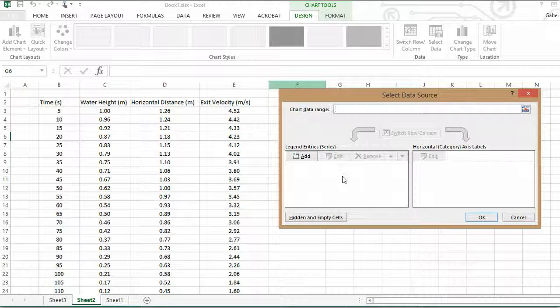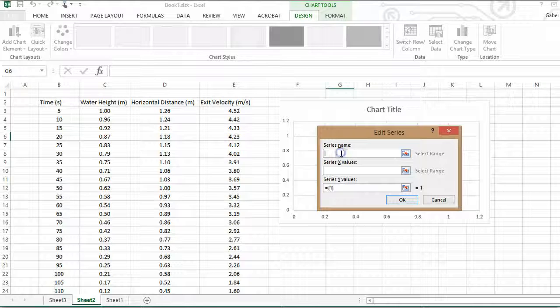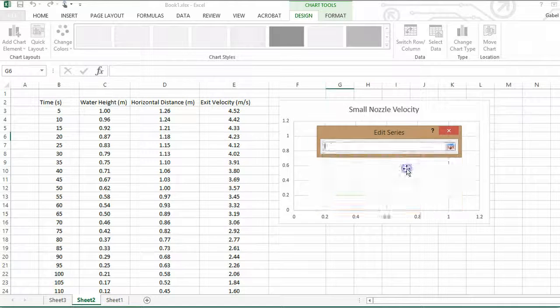And so once this dialog comes up, we can add the different data sets that we want to graph. And so we click Add. I'm going to come up with a series name, which in this case I'll call Small Nozzle Velocity, because this is the data that I collected with the smallest nozzle. So then I select my x-axis. What values do I want on the x-axis? So I can click this little button right here at the end and then highlight the data that goes on